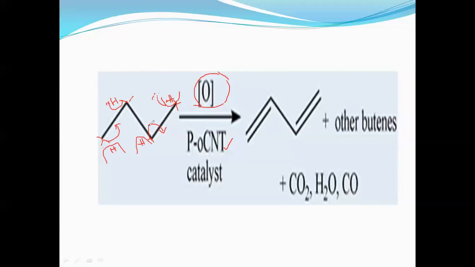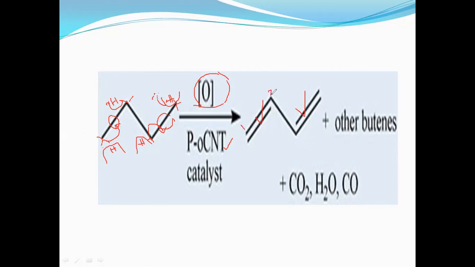Then in between we are getting a double bond. You see this? The reaction we are calling dehydrogenation is the reaction where we are taking the hydrogens from n-butane, CH3, CH2, CH2, CH3, a 4 carbon system. Now from n-butane, when we are taking hydrogen, it is converting into 1,3-butadiene.